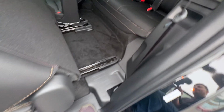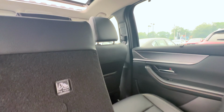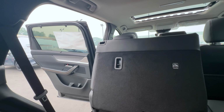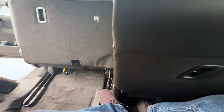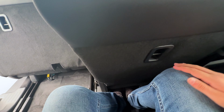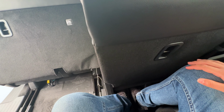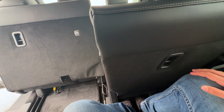Let's go ahead and step inside and sit back here. So there is good amount of knee room. My legs are a little bit up. Foot room a little bit tight. So it is definitely comfortable for short trips. Definitely less than 30 minutes, maybe max 1 hour, but